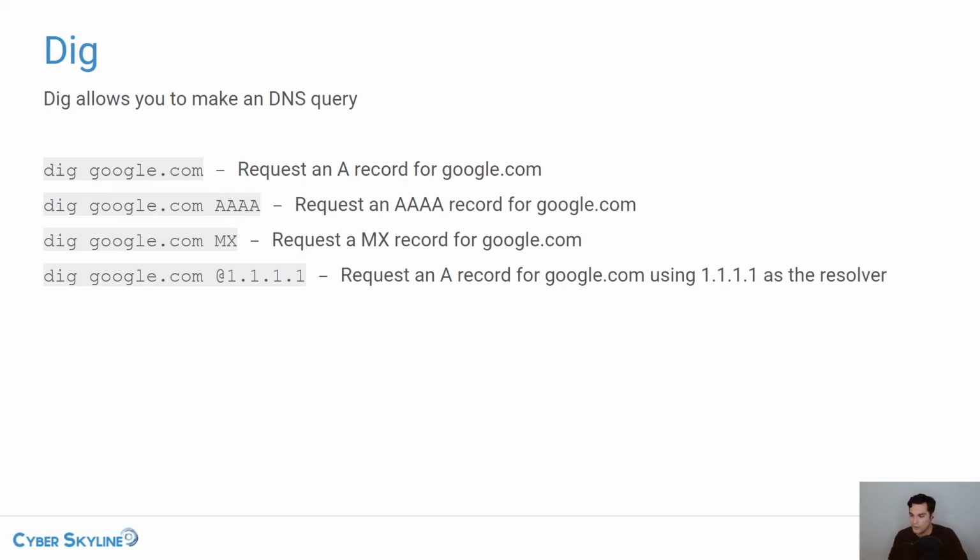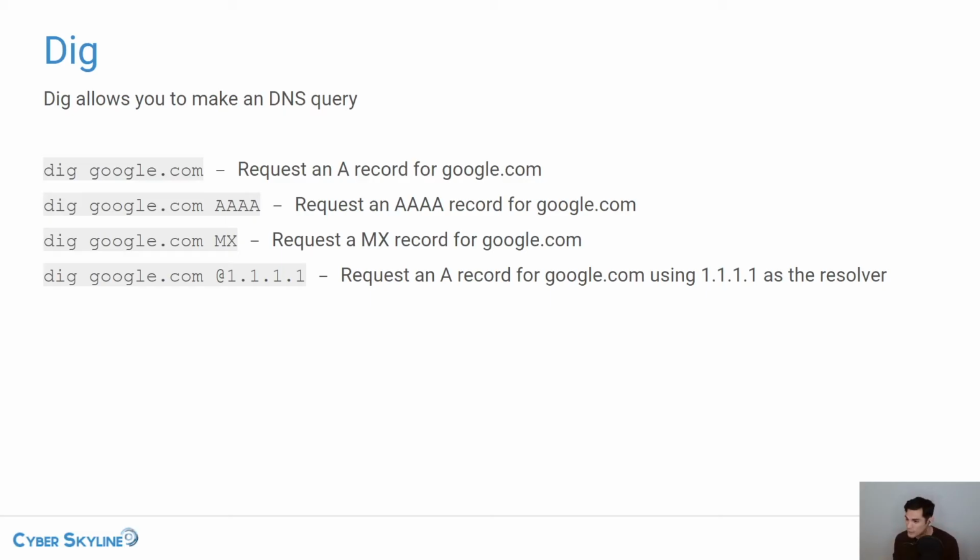By default, when you run dig, there's a setting on your computer that specifies who your default DNS resolver is. If you don't use the at sign and then the IP address of your DNS resolver, it will use your system default. But by using this at sign, you can specify, hey, use this server as the resolver instead.